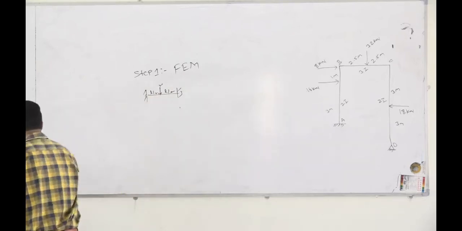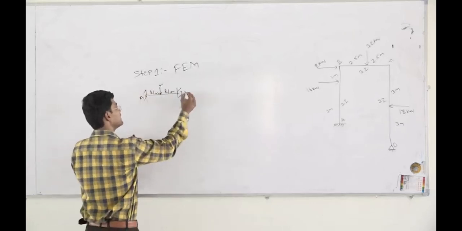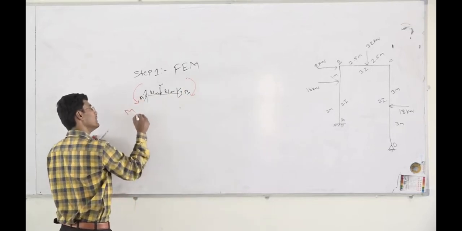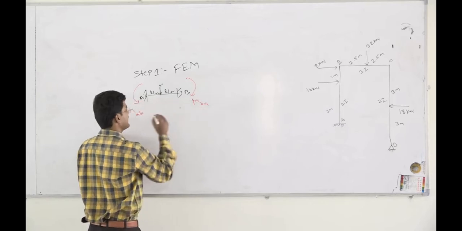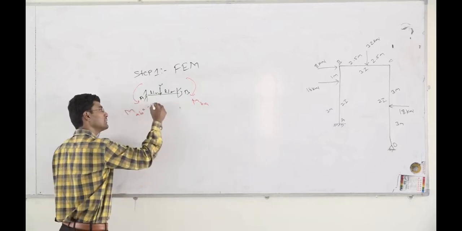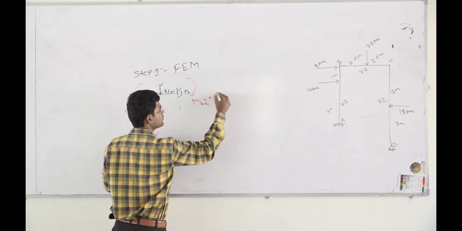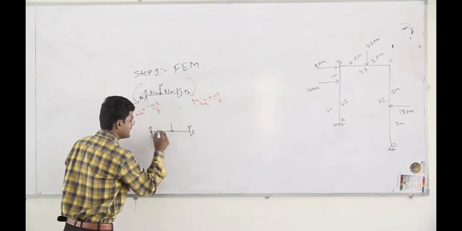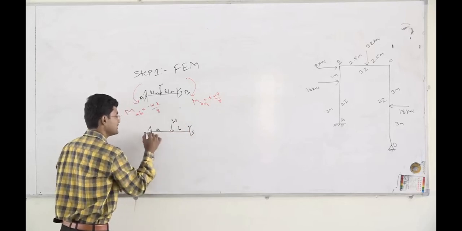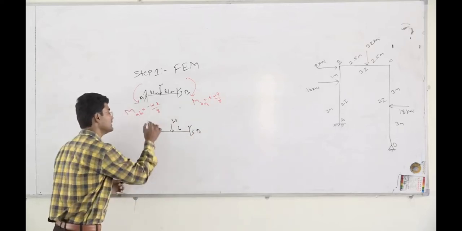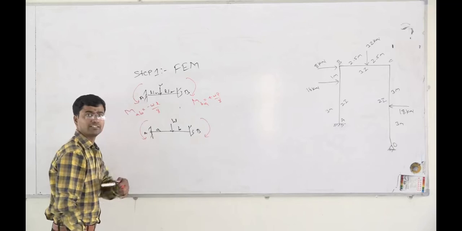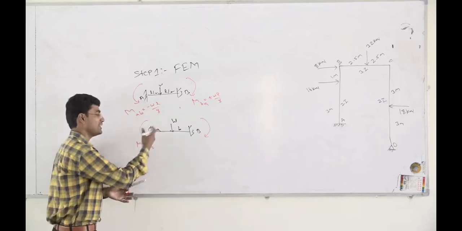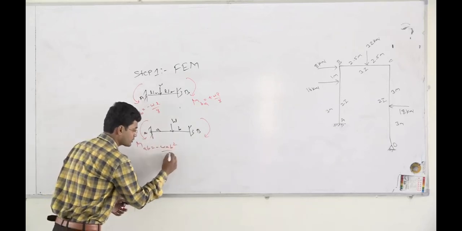If this is A and this is B with load W, then the movements here are MAB and MBA. The movement here is minus WL by 8, and similarly here it is plus WL by 8. Now, going to our next case, if we have an eccentric load, let us take the distances as a and b, the loading is W, this is my point A, this is my point B. Then the fixed end movement MAB, as the load is not acting exactly at the center but at distances a and b, is minus W a b square upon L square.